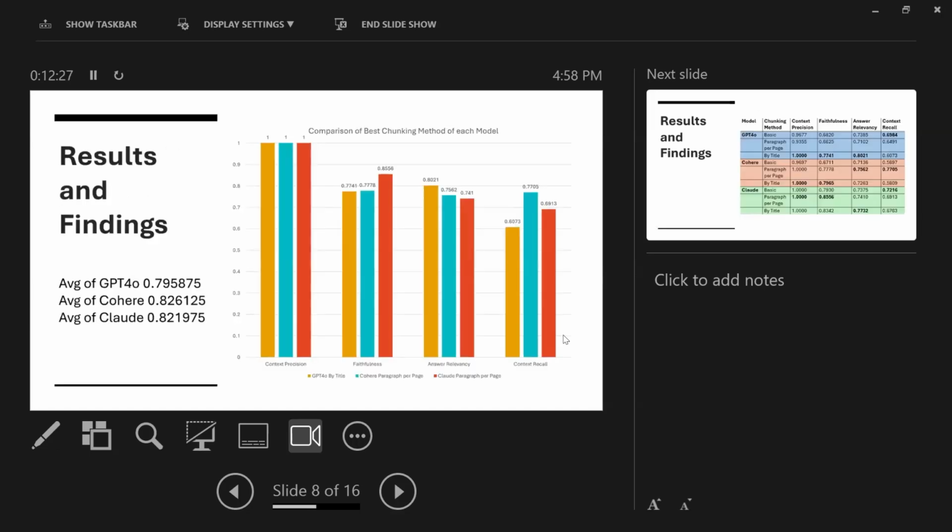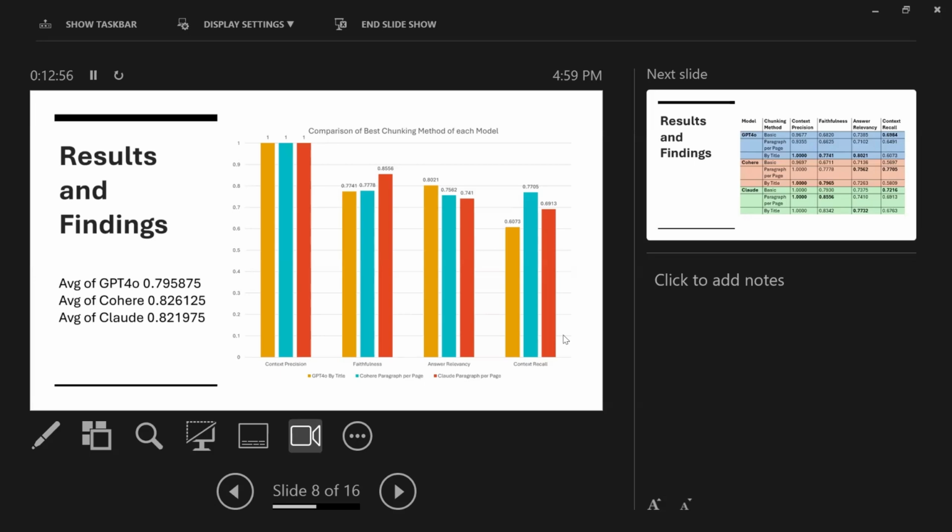Results and findings, as you can see here, the context precision for all models was similar. They all had 100% context precision, which is expected. For faithfulness, the Claude paragraph per page chunking method had the best faithfulness degree, which was 85%. Cohere was second with 77.8%, and